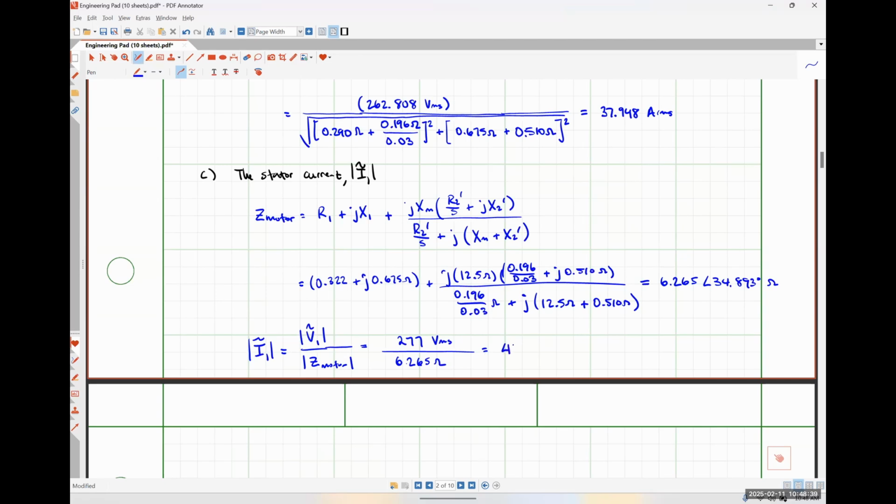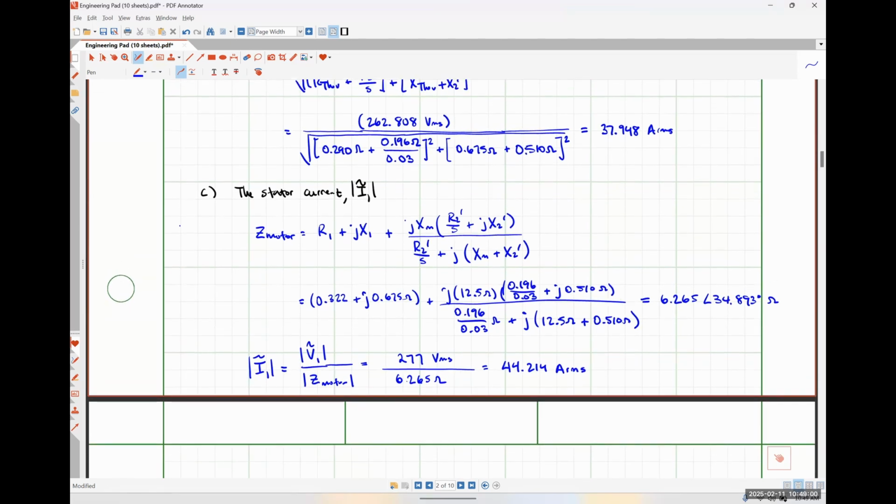And I get 44.214 amps RMS. So to be very, very clear here,